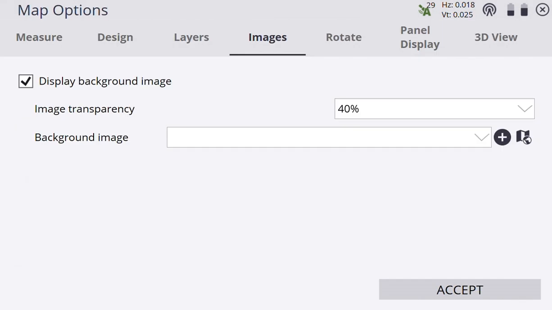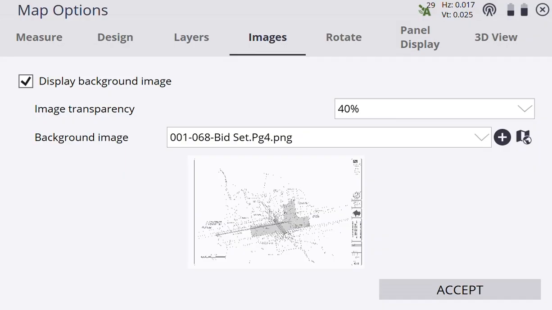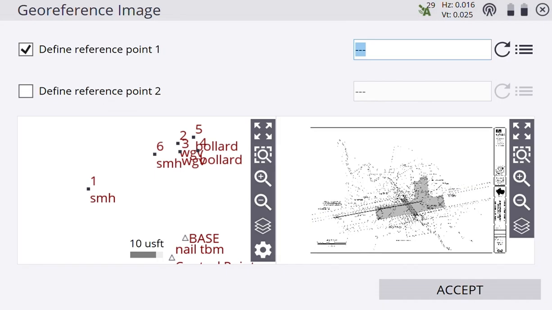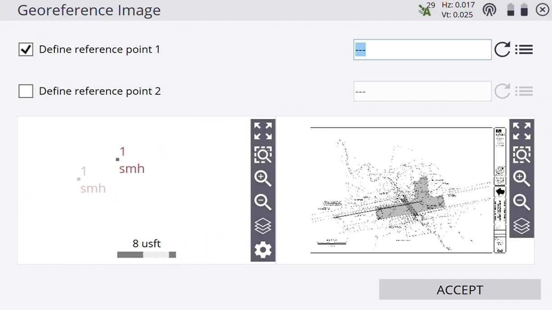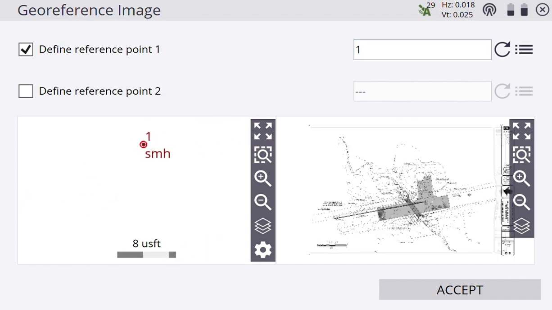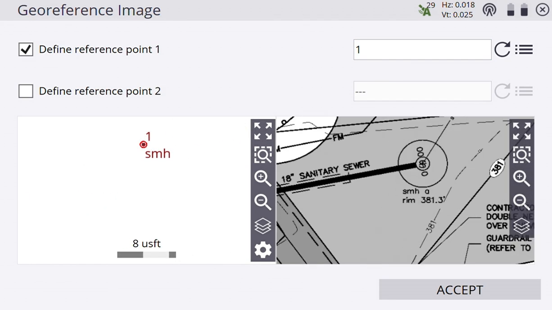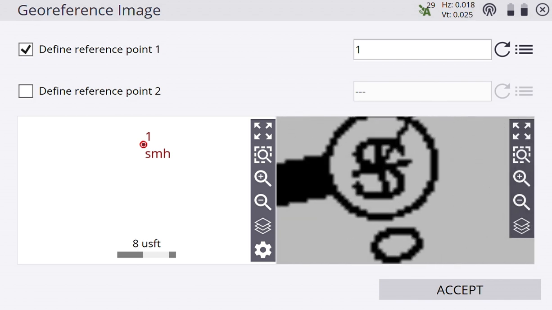So it's going to import that. It's going to ask me where I want to reference it. So what we're going to do is see if we've shot enough things to geo-reference this down. I know that point 1 was that sewer manhole out in the road, which is right here. So I'm just going to, whoops, I'll go back here. Put the red dot